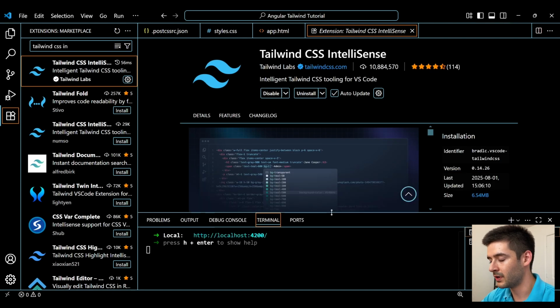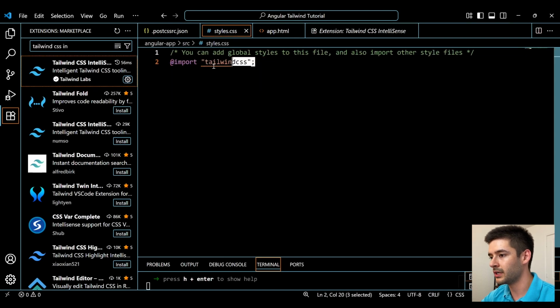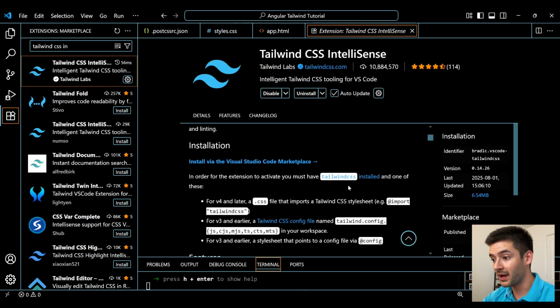And before we move on, I want to scroll down to where it says installation. So down here, it's going to say, in order for the extension to activate, you must have Tailwind CSS installed, which we already completed, and one of these. So for version 4 and later, we need a CSS file that imports a Tailwind CSS style sheet, which we already successfully have here. But keep in mind, if you're using version 3 or earlier, you need to actually create